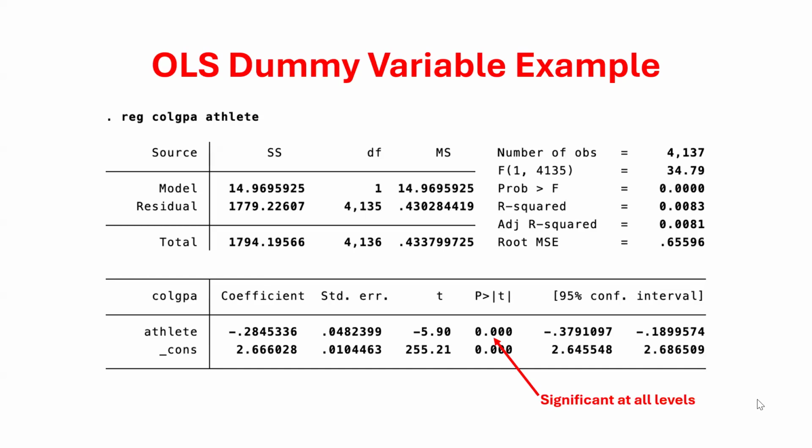Okay. Just to be clear though, the R squared does mean that very little of the variation is explained. So even though we have a statistically significant effect, being a student athlete does have a relationship with college GPA. However, there's a lot of other things that probably explain your GPA than just being a student athlete. That's what our R squared is telling us. That being a student athlete, although it is statistically significant and related to your GPA, it's only explaining what? 0.8% of the variation in your GPA.